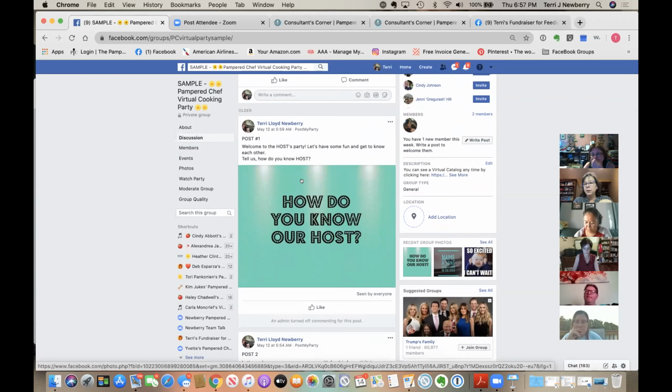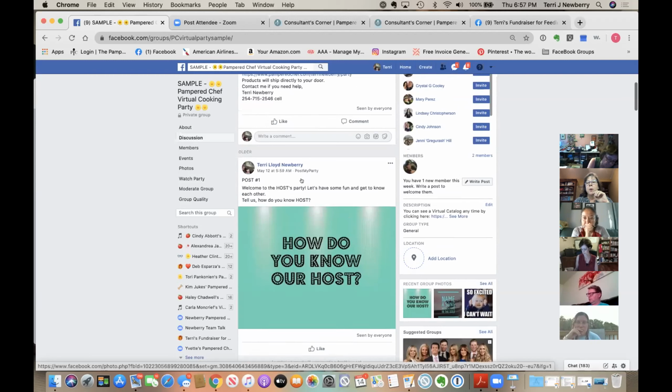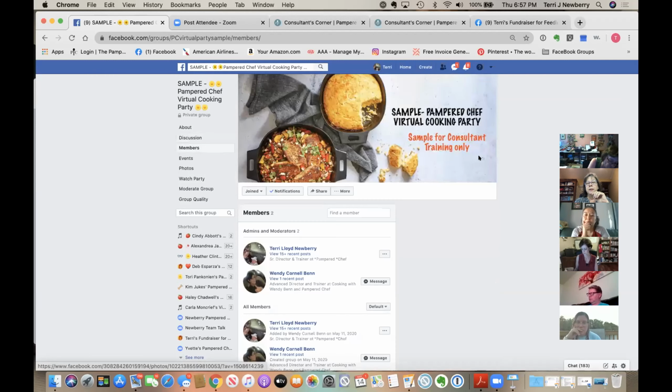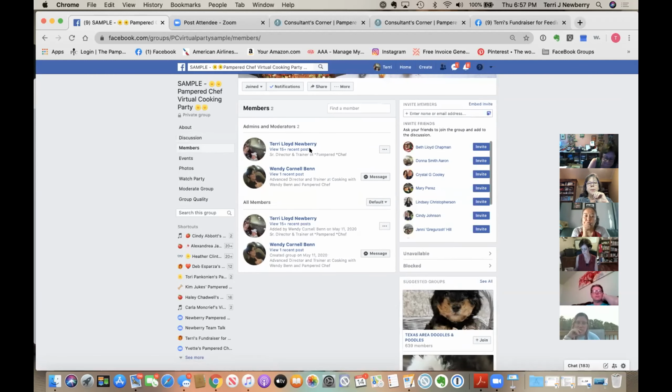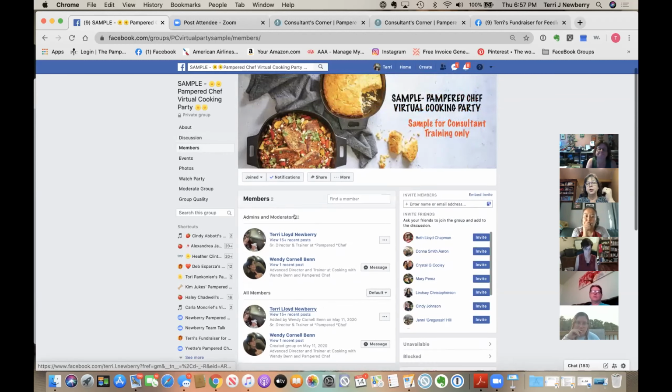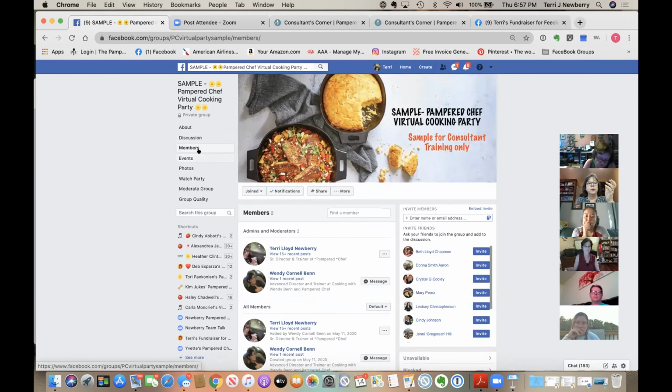She accepts the invitation, and then I'm going to add her as an administrator. So now we both can change or modify anything within the party, okay? So I can go into members. There's only 2 of us in this one. I can see that I'm a member and Wendy's a member, and she or I made each other administrators, okay? So I can go back to discussion here. This is why this is important.